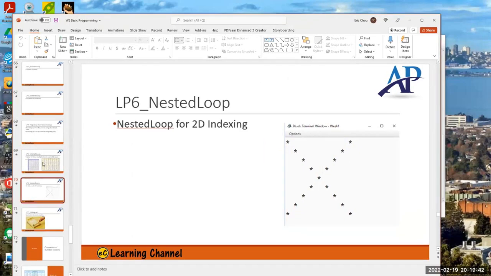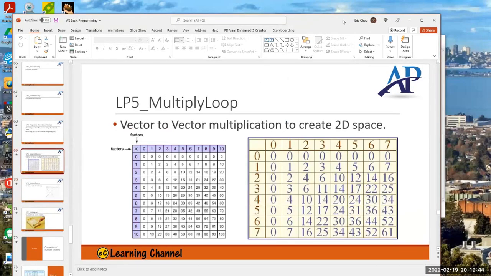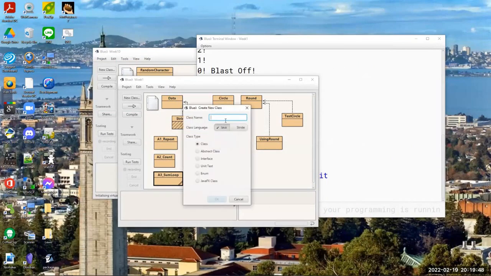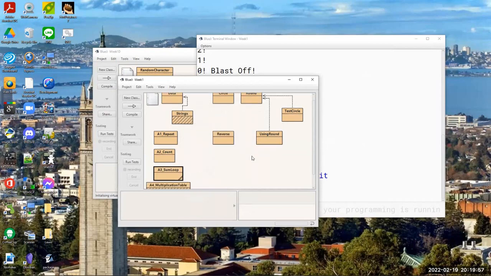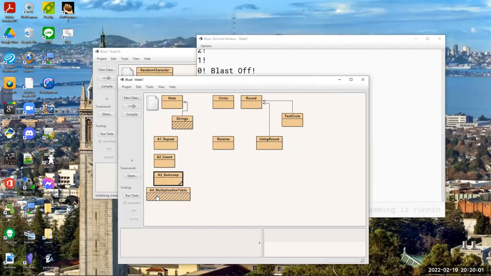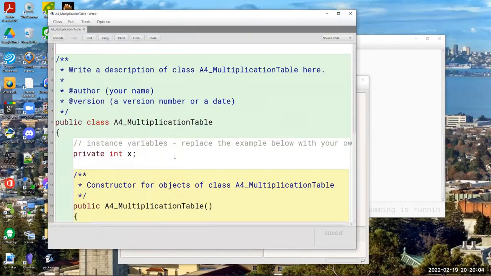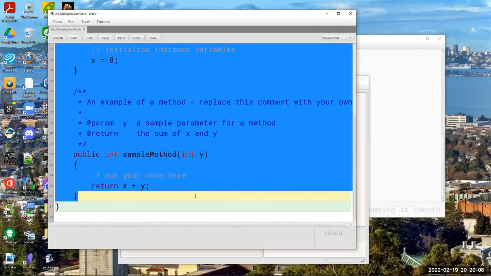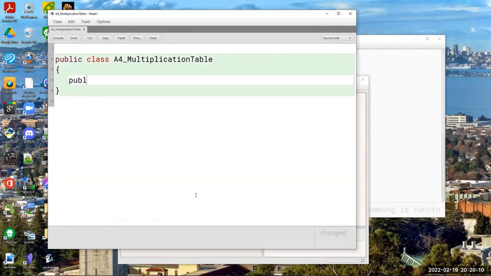Before we do the nested loop, let's try the multiplication table loop. This one in a regular class we should teach you, but here let's create a multiplication table. This will contain the algorithm. You must remember it. So here let's create the multiplication table: public static